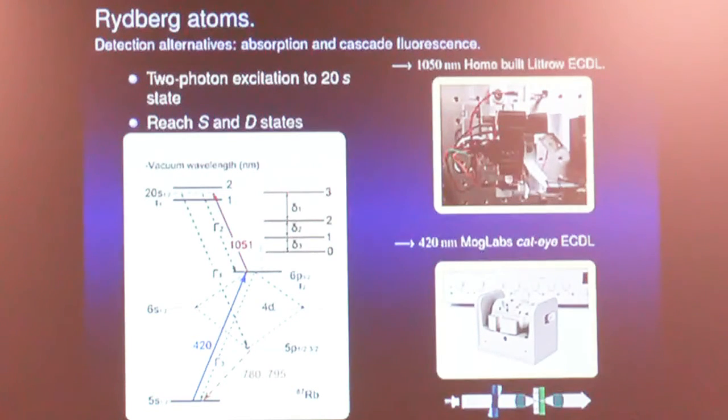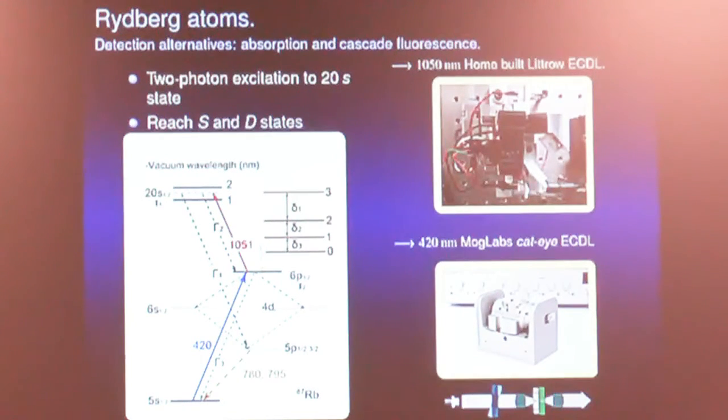And also, the further away the electron that we are exciting in the atom is from the nucleus of the atom, the stronger the interaction with other atoms around, and then it becomes a good physical tool for implementing quantum interactions within the atoms, and then calculations and all of those things. So that's the reason we want to build this, and we built this experiment in which we are using a